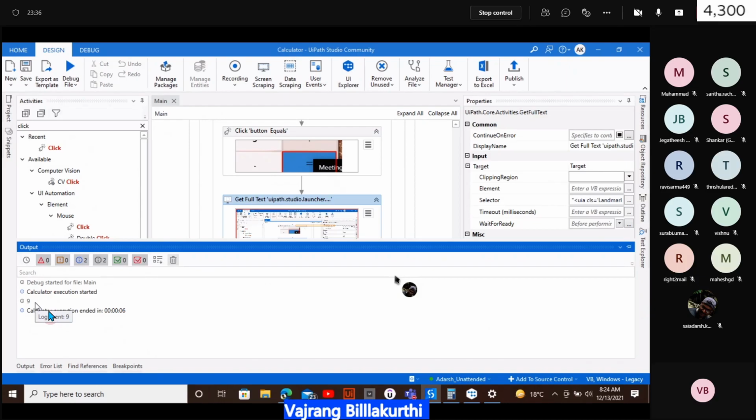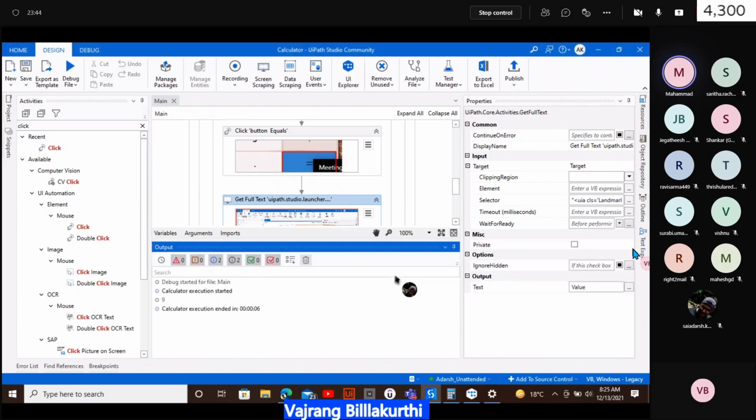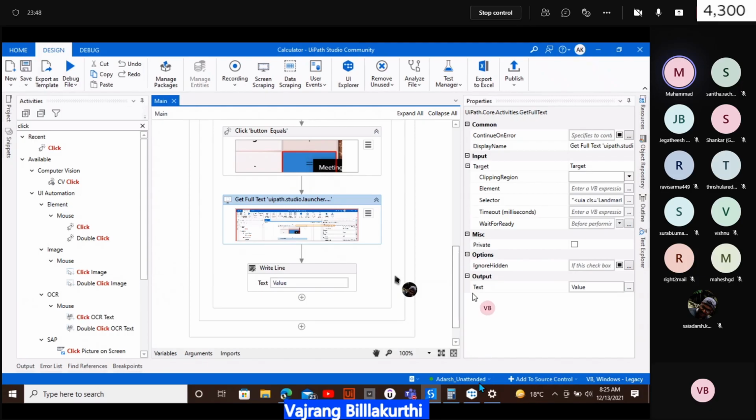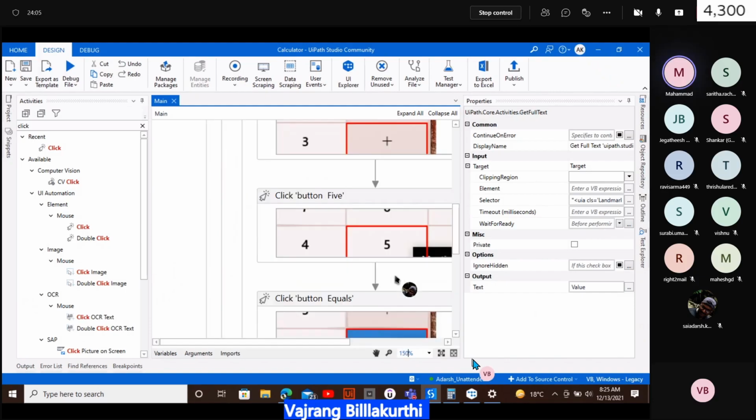Can you see the result, everyone? Yes, yes. Vajrang, you have disabled something in the other system, right? I haven't disabled anything. At the right bottom, when you are sharing the screen, there is a Teams option that got hidden. That's why he was out of the screen sharing for some time. He joined back and he shared it.